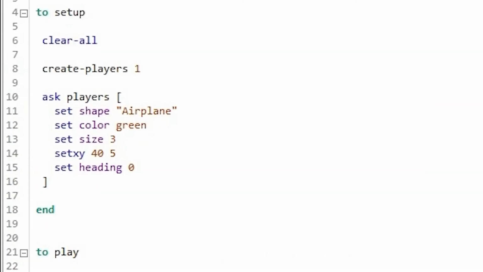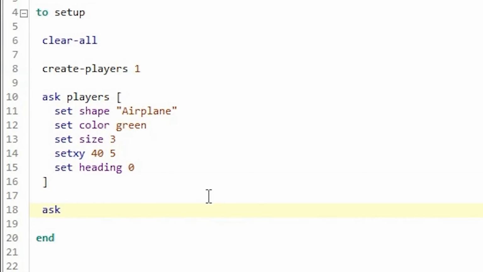Whenever a bullet touches that border, we should destroy that bullet. So for that, we are going to do some additional stuff here.